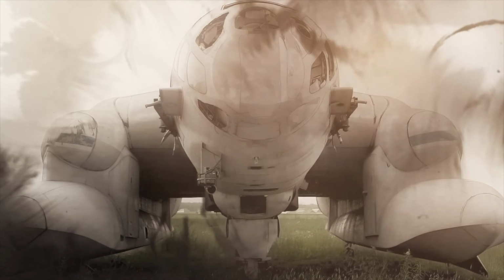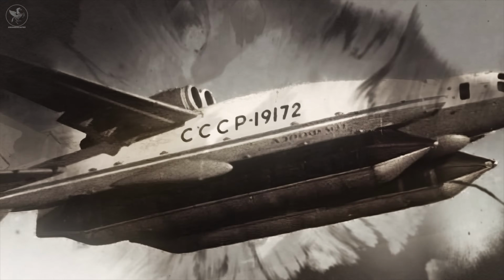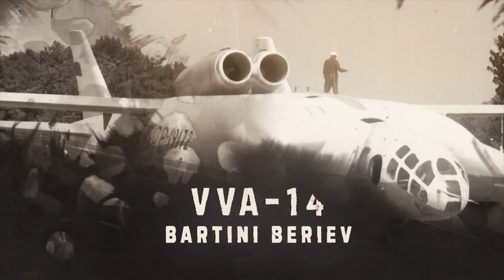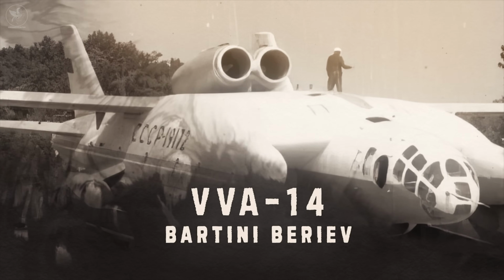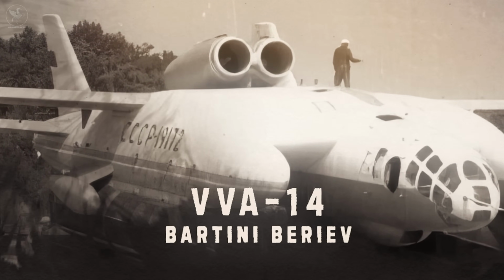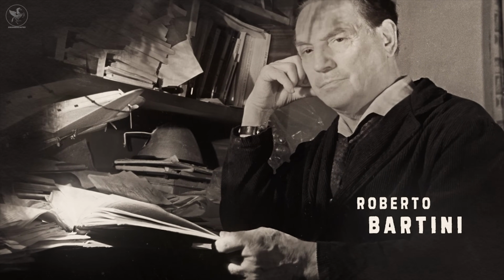So many of the ingenious designs for aircraft put to paper throughout history never came into production or often died at the prototype stage. Some of these aircraft became conceptual legends, and others were instead renowned for their absurdity. The Bartini VVA-14 is a bit of both, not least because of its purpose and the colorful inventor behind its design. Perhaps the best means of understanding the genius behind the plane is to understand the genius behind its creator,